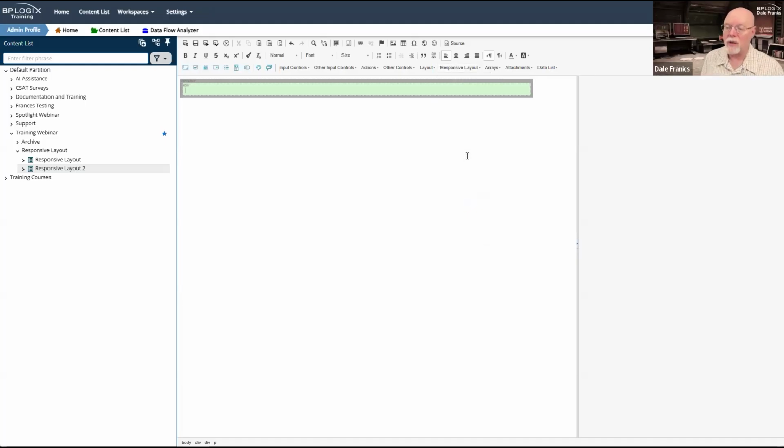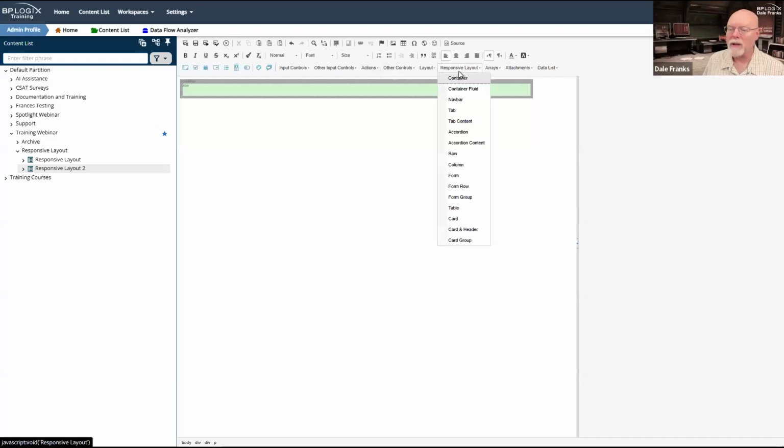So I'm going to insert a row control. So now I have the first row of my table. It's not really a table, but it's table-like. And inside each row, I can have anywhere from 1 to 12 columns inside the row. 12 is the maximum number of columns that you can have in Bootstrap. I can't imagine why you would really need more than 12 columns. But we are going to go ahead and add a couple of columns here, and then we're just going to throw some text in those columns for now.